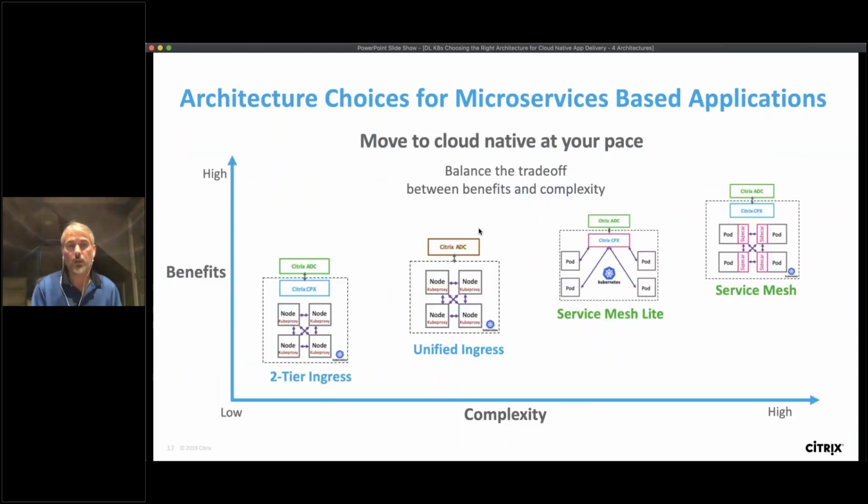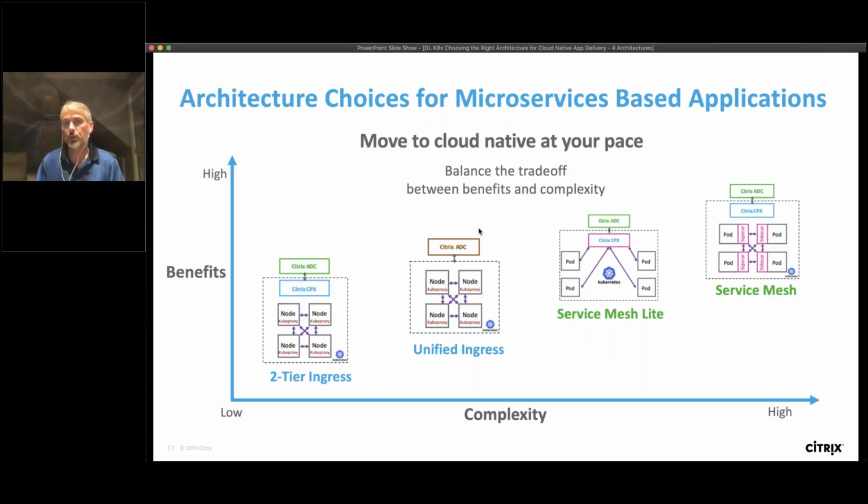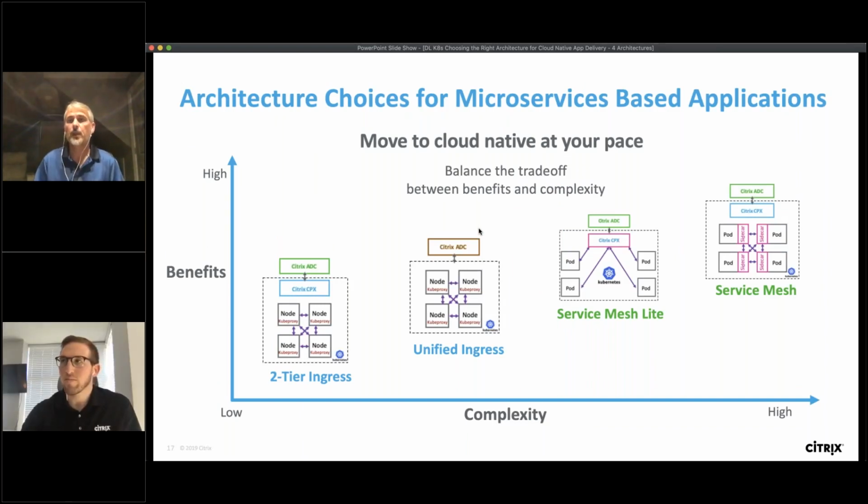So to sum it up, we talked about the 4 different architectures: the two-tier ingress, the unified ingress, the service mesh Lite, as well as the service mesh. We looked at each of these architectures from the 7 key attributes that take into account all the stakeholders who have a stake in the game, and showed you the pros and cons of each one, the benefits that you get, and the complexity that's required, so that hopefully this was educational